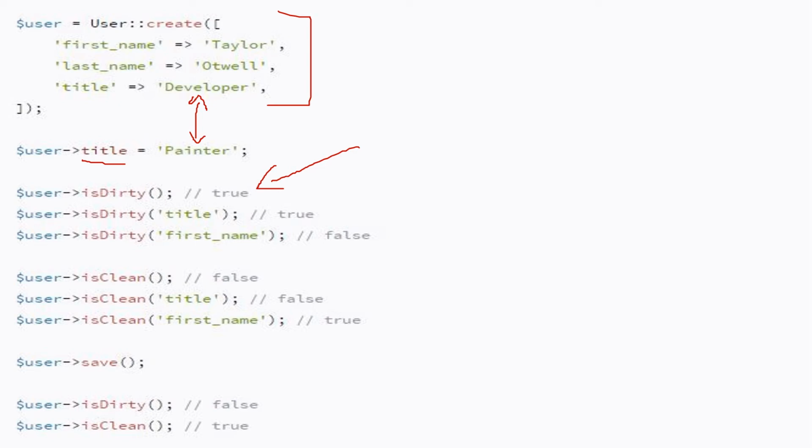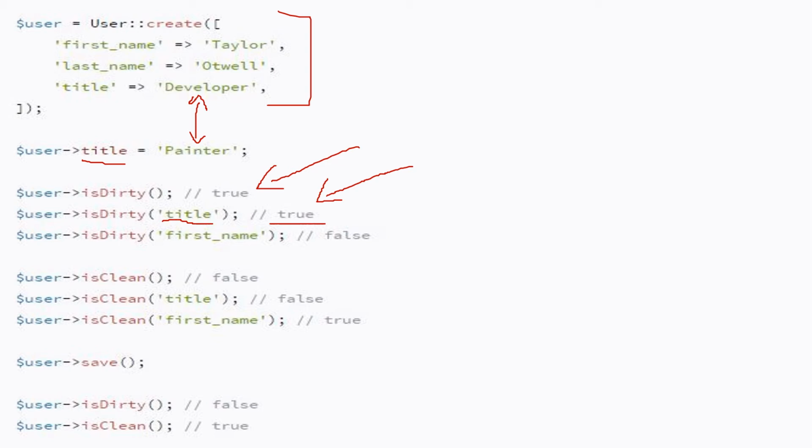Dirty means it is updated since it was loaded. So if we check by passing a specific argument to check the particular attribute, then the value returns true, because we changed the attribute value of title.